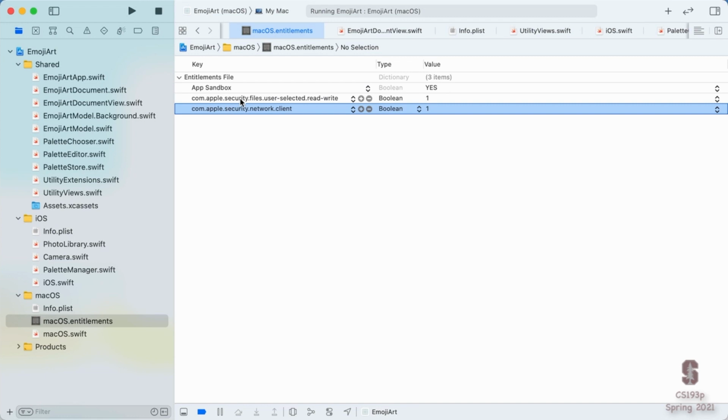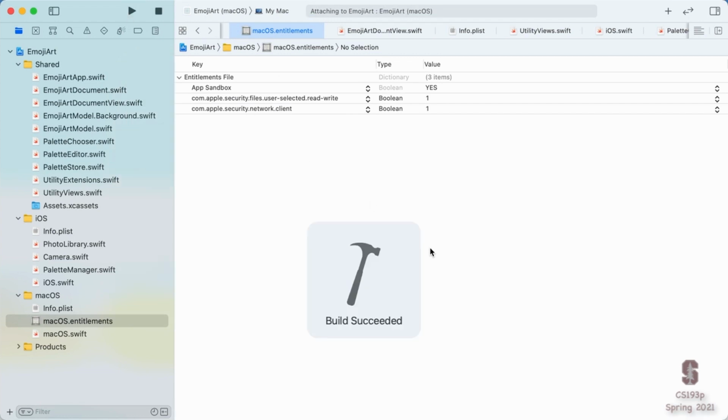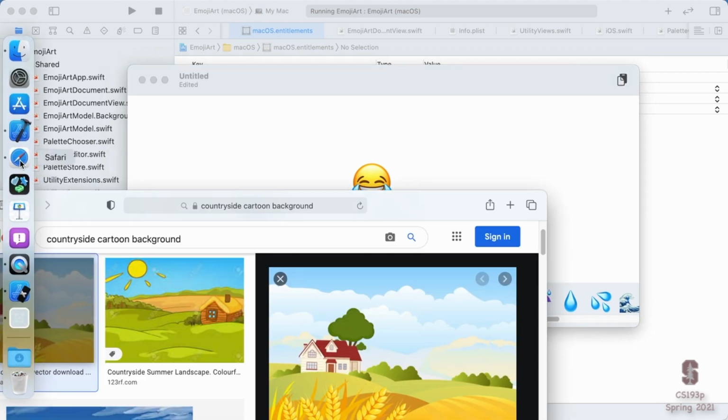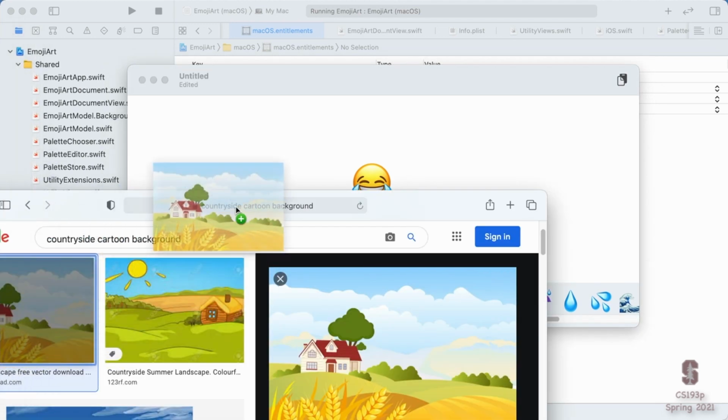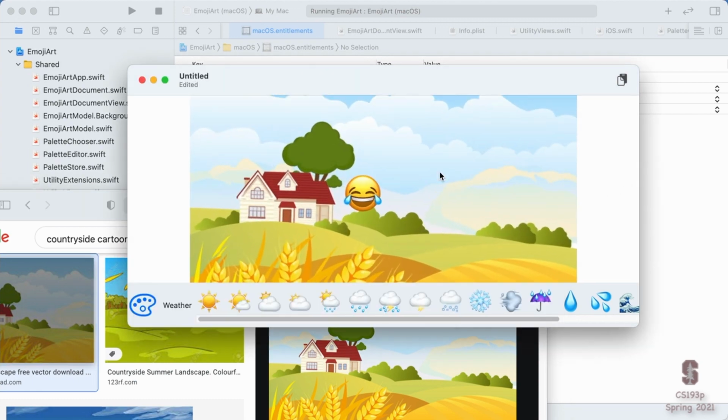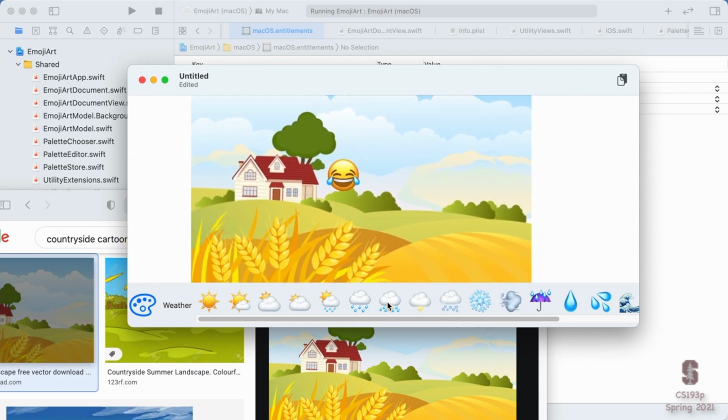And so adding these entitlements, again, I'm not a Mac expert programmer, but this is something I think you have to sort of monitor as you're writing your application, making sure you have the right entitlements. Well, let's see if that fixes our problem here. All right, back to Safari. Grab this guy again and try. Whoa, it worked. It's nice, and we can zoom in and out. We can move it around. We can add a little bad weather. Very nice.